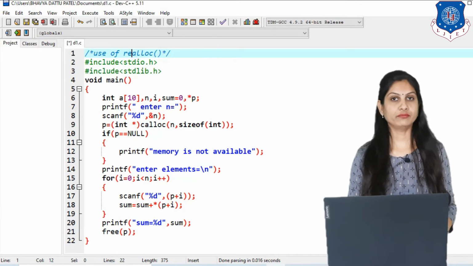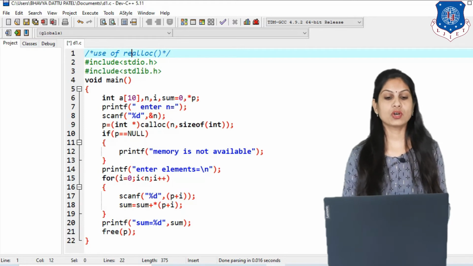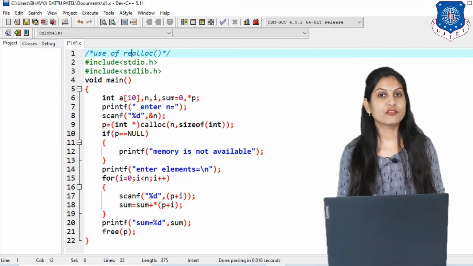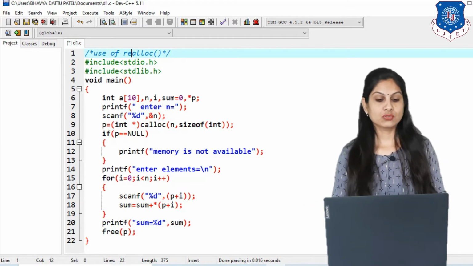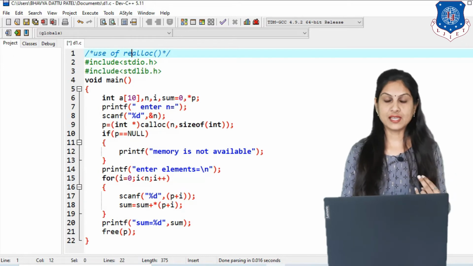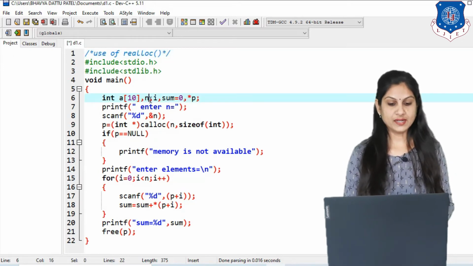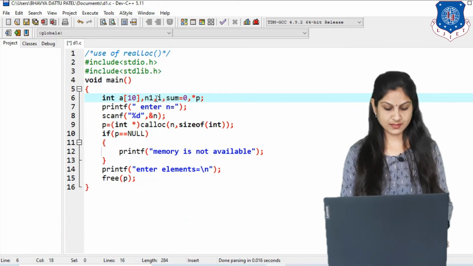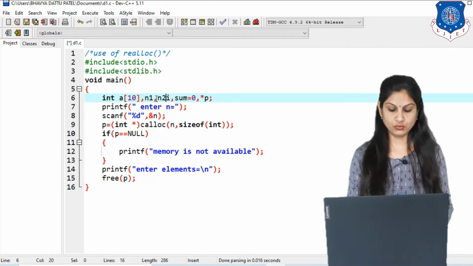So just change the definition of our program to use the realloc function, and here the realloc function is used for what? To change the size of previously allocated memory. So here I am writing two different sizes. First, instead of n, now I am writing n1, that is our old size, and the second size is n2, that is our new size.